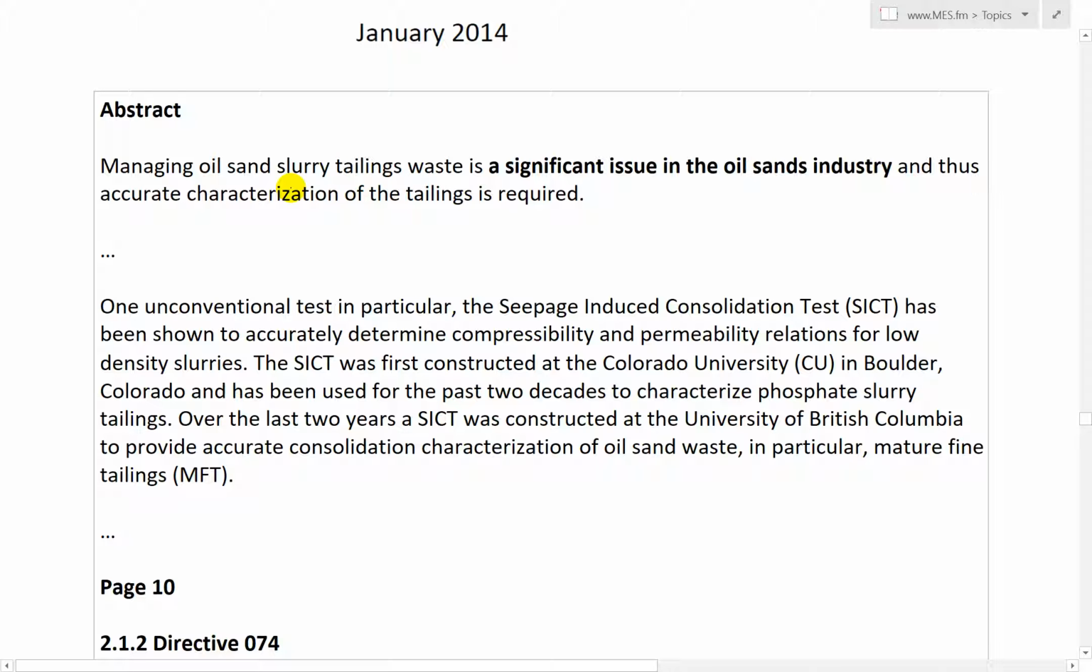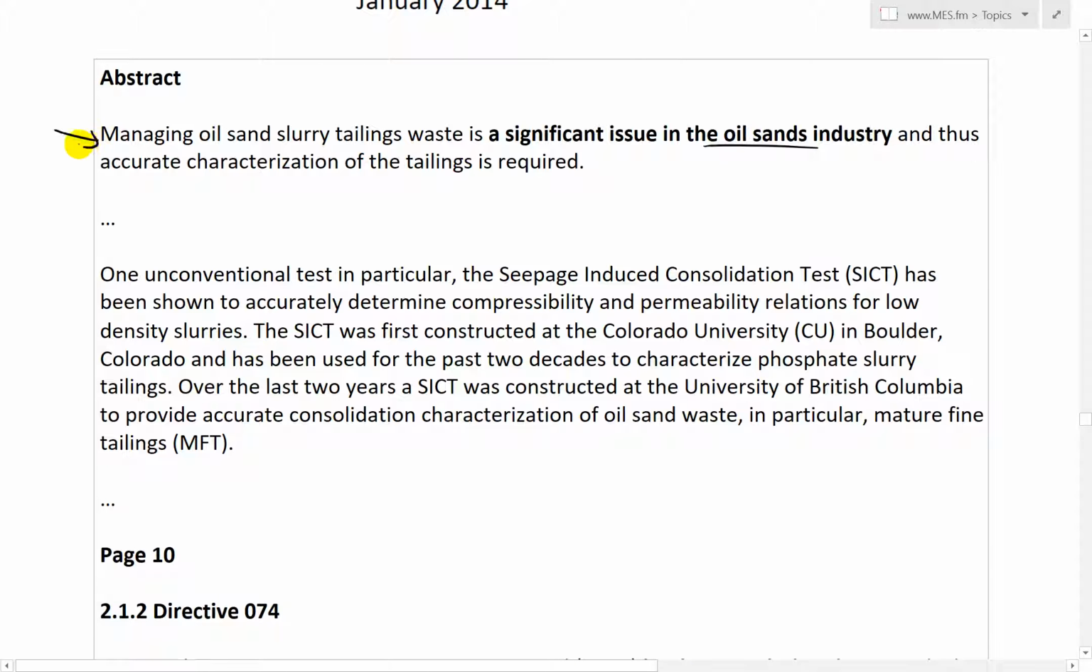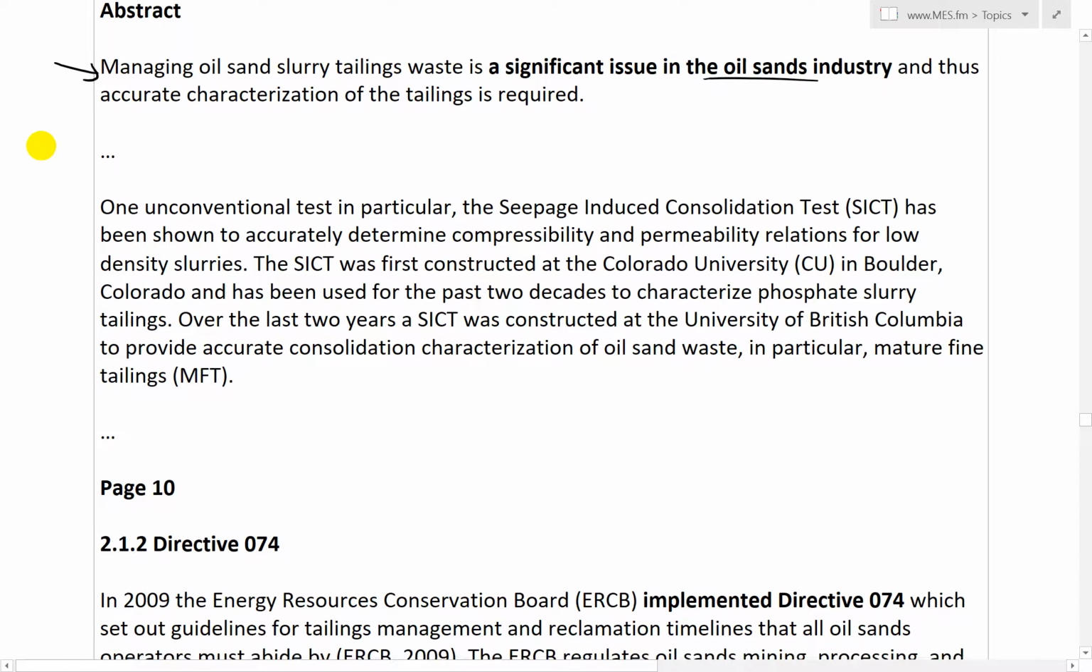tailings waste, which is waste from oil sands production, or extraction of the oil from the dirt sands and other stuff, is a significant issue in the oil sand industry, and thus accurate characterization of the tailings is required. Going further, because of this assumption and also government regulation, one unconventional test in particular, that's why I ended up making this, the seepage-induced consolidation test, SICT, has been shown to accurately determine compressibility and permeability relations for low-density